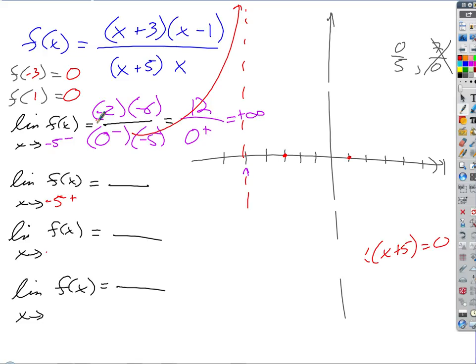This stuff, these boxes or these values, they aren't going to change, are they? Because I'm still approaching the same x value, right? Does it make sense that I don't really have to do, because this is a question I can see people asking, why don't I have to make this like a -2 plus or minus? Doesn't matter, right? It's approaching -2, right? This is different because it's approaching 0 on the bottom, and so we can't just plug a 0 in there. We have to know, is it slightly positive or slightly negative? It makes no difference if this is